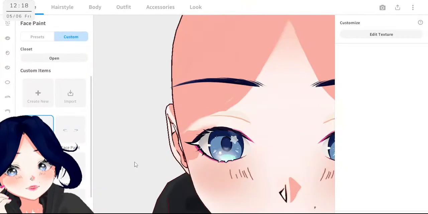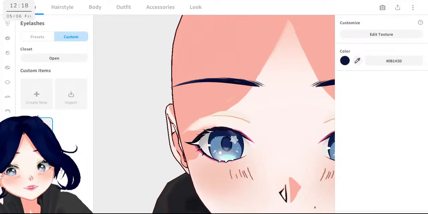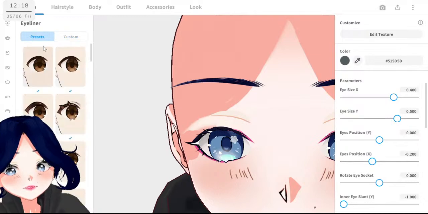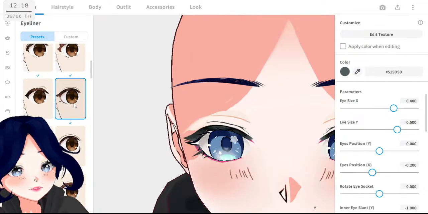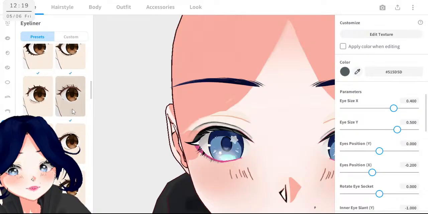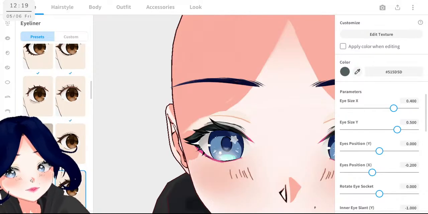And let's see what do we have around the eyelashes, because maybe there's a preset and eyeliner that I like better, because I am going for a shape kind of like this. Not really. Maybe smaller. It's more like this.